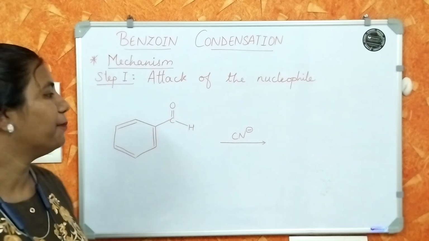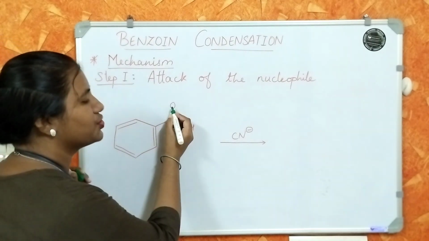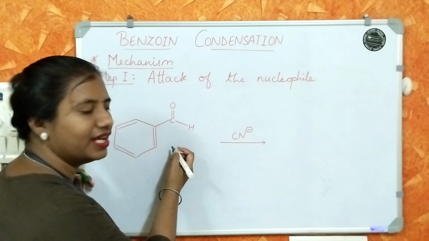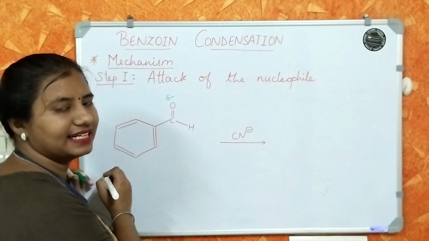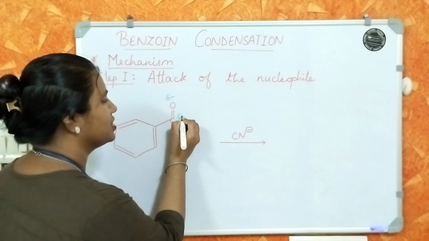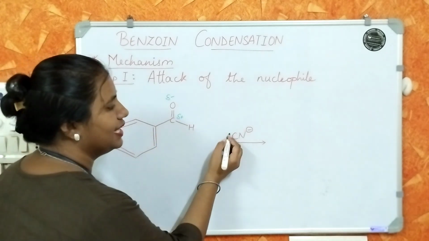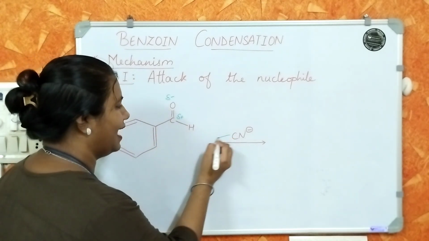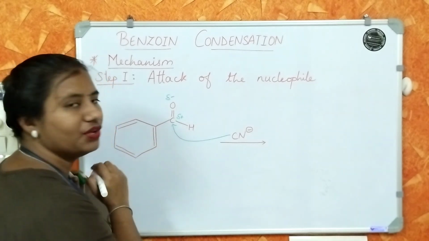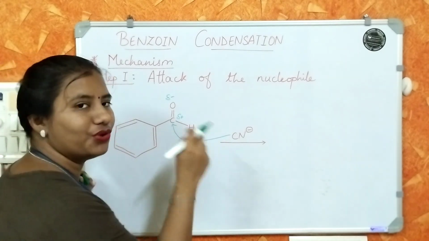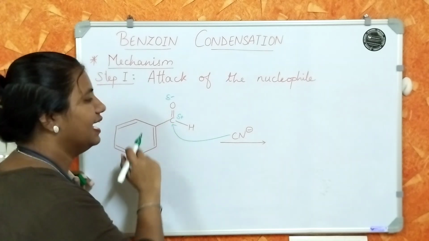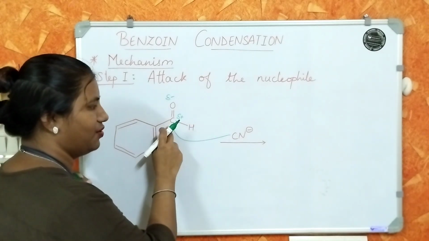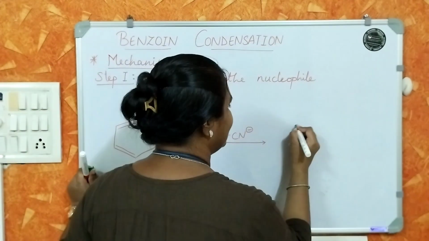Why this carbon? Because this carbon is attached to an oxygen via a double bond. Oxygen being more electronegative, it has a partial negative charge, and this carbon has a partial positive charge. Therefore, this CN is going to attack on this carbon atom. Always remember, we are going to show the arrows from the negative to the positive thing, right? Now, after this attacks on this carbon, the molecule that we get is